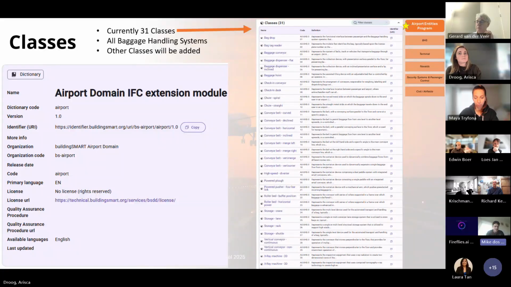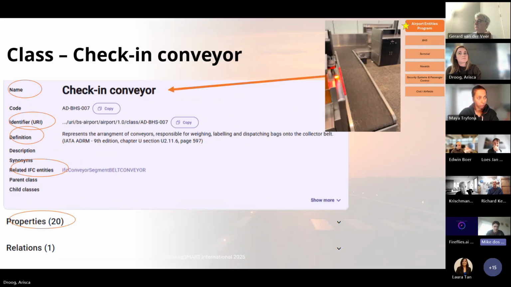And in the next slide, you'll see an example of one of those classes, which is check-in conveyor. And you'll see, okay, we came up with the name. We all agreed check-in conveyor is how we're going to call this from now on. There's a unique code which makes it machine interpretable, of course. There's a URI, which is a link to this information, basically. And then, very important, if you go to the next slide, there's the